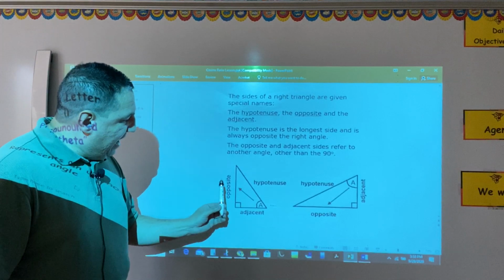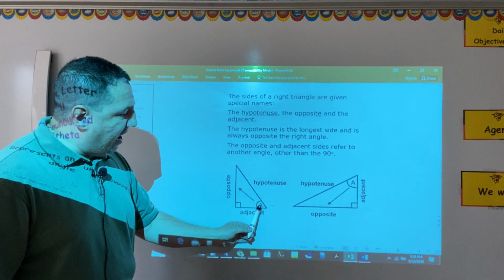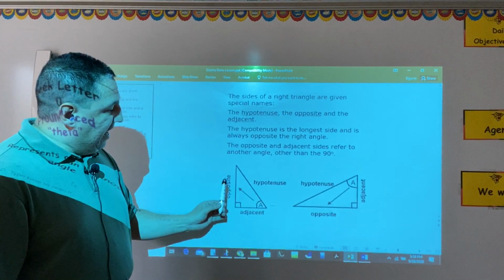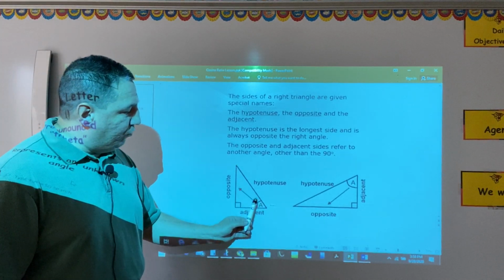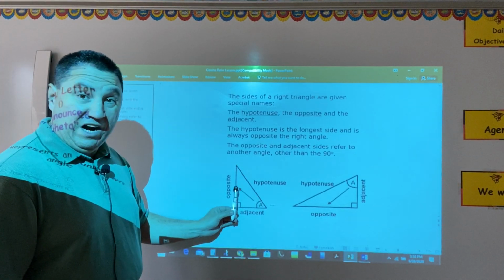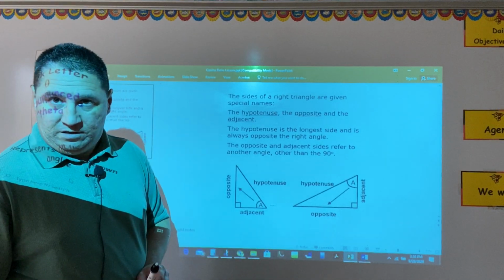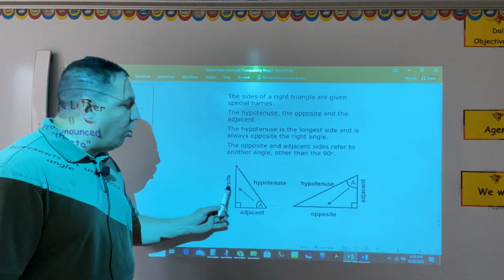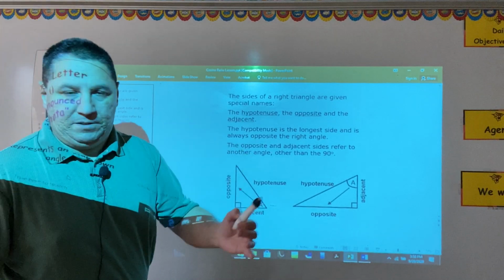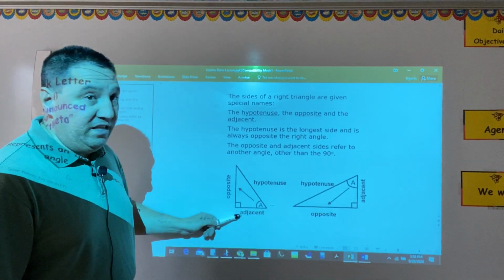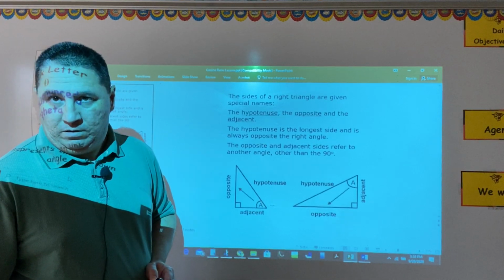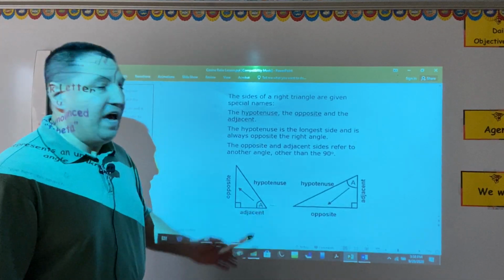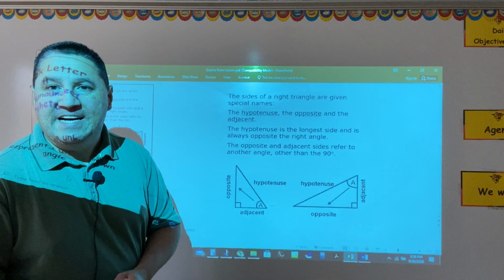For example, in this case, the marked angle is A. So this side, because it's face to face, or across the given angle, is called opposite. And the other side is next to the marked angle, and that's why we call it